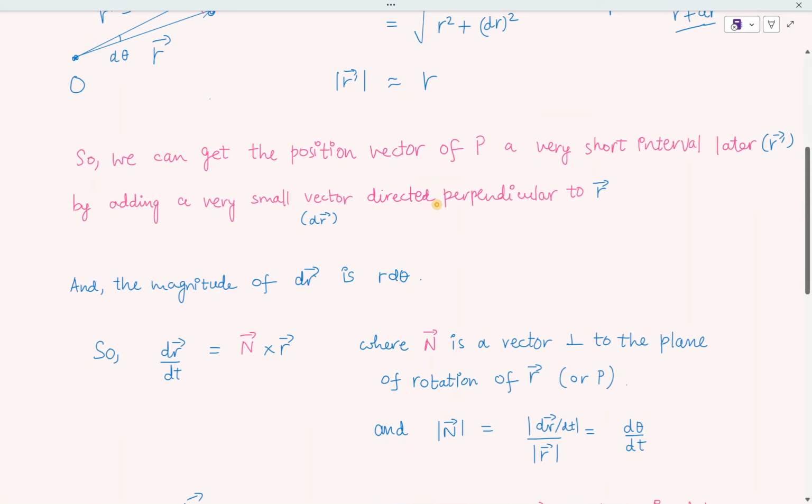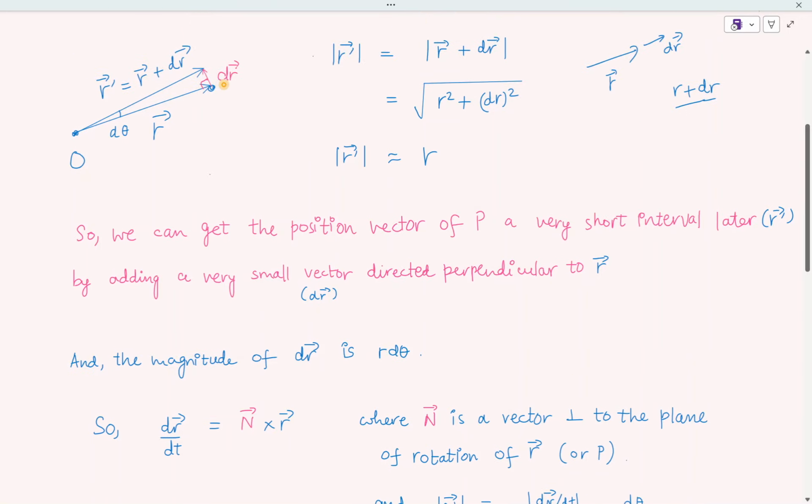So in essence, if you add a small vector dr to the original vector r, and the magnitude of that dr vector is r d theta, the original vector rotates by an angle d theta, and if this happens in time interval dt, then the velocity, which is dr by dt, is just this small vector divided by dt, and this can be achieved by a cross product. तो क्रॉस प्रोडक्ट क्यों लिया, क्योंकि हमें डायरेक्शन परपेंडिकुलर चाहिए थी, राइट. तो बेसिकली क्रॉस प्रोडक्ट इज जस्ट अ वे ऑफ गेटिंग अ वेक्टर परपेंडिकुलर टू r, कि जो ओरिजिनल वेक्टर r है उसके परपेंडिकुलर एक वेक्टर अगर चाहिए तो क्रॉस प्रोडक्ट लेके आ सकता है वो,